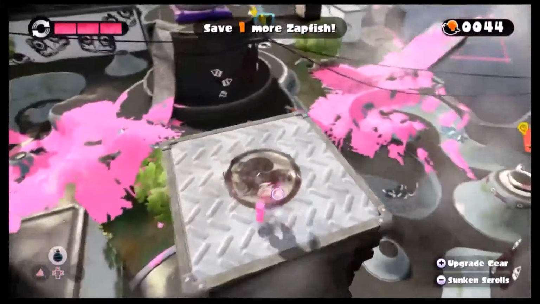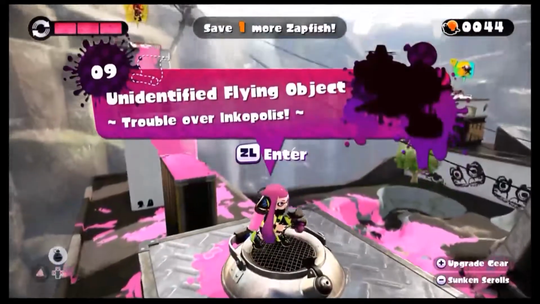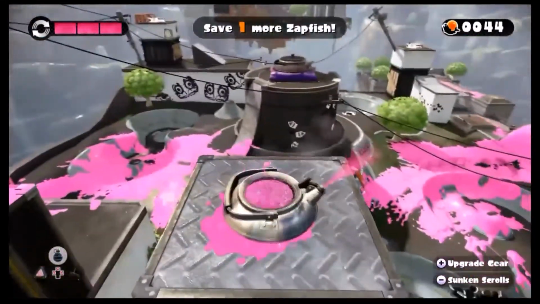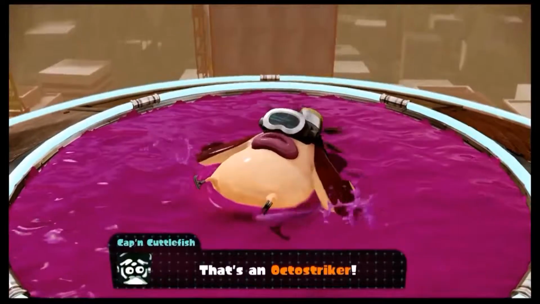But just, eh. We can see we got one level here, and it is Unidentified Flying Object, Trouble over Inkopolis. Does that mean it's going to take place in Inkopolis? Nope, the tutorial area. Yep, if you somehow missed the tutorial...